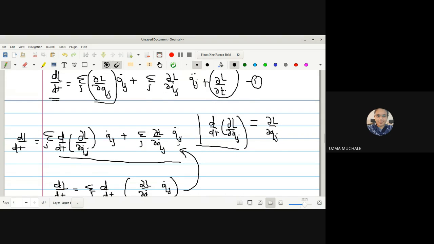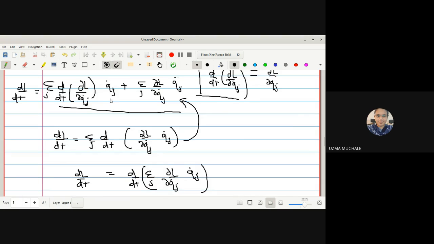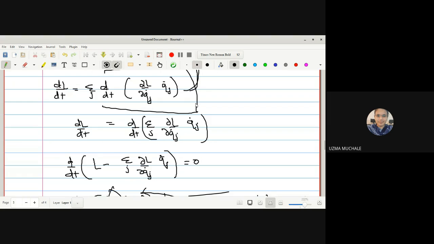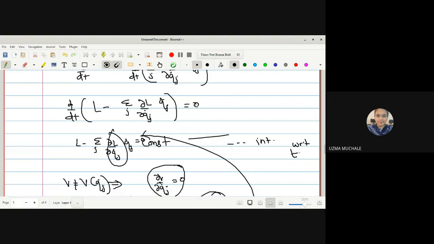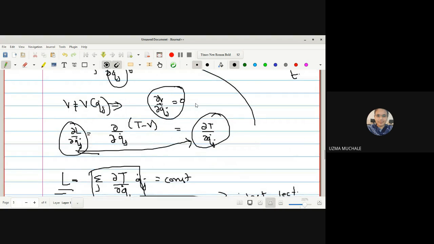Now use Lagrange's equation of motion to find out the value of this ∂L/∂qj. Now substitute its value, and after that you get the result, and then just apply the u into v rule and do the adjustment. After taking the derivative of this term, you will again get the previous equation. Do you understand this step? Yes, ma'am. Okay, and then again take d/dt outside, take an integration, and you will get the result.